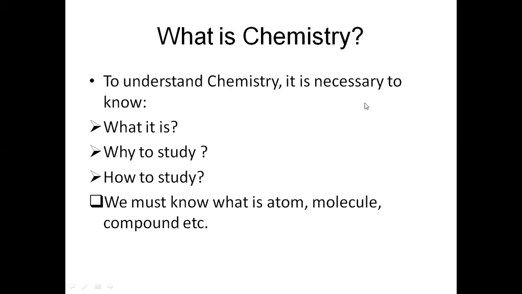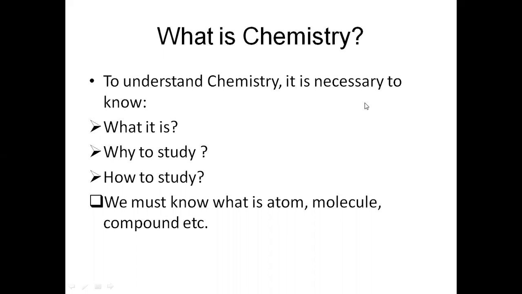So let's begin with the definition of chemistry. Chemistry is a branch of science, no doubt. But what do we study in chemistry? We study the composition, properties, reactions, and characteristics of the molecule, and we study this whole thing in the branch of science known as chemistry. We study what the components of the molecule are, what elements are present in the molecule, and how the atoms form bonds and attach to each other.